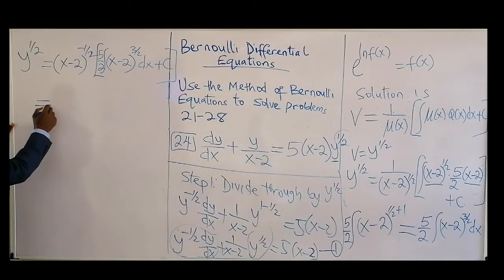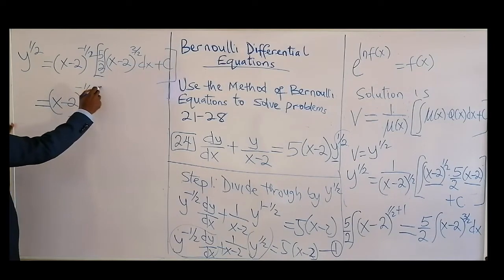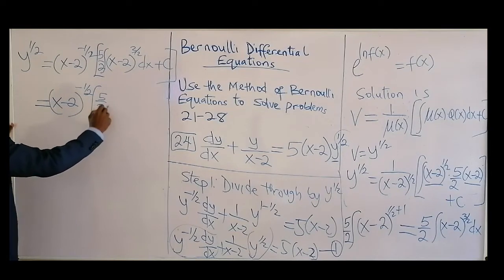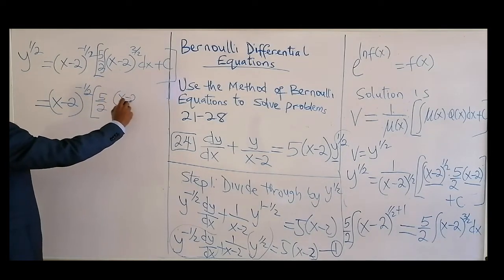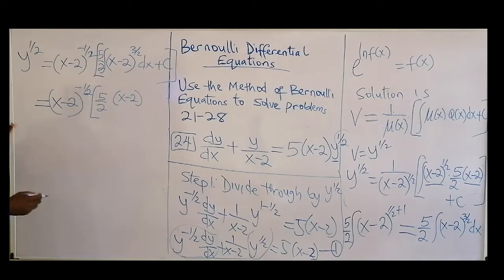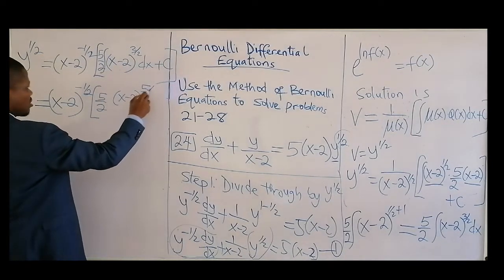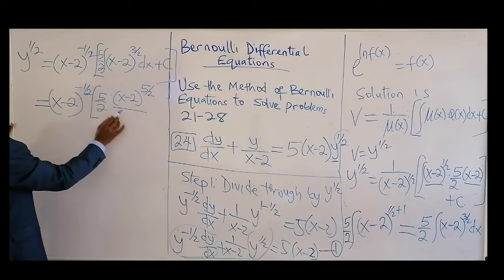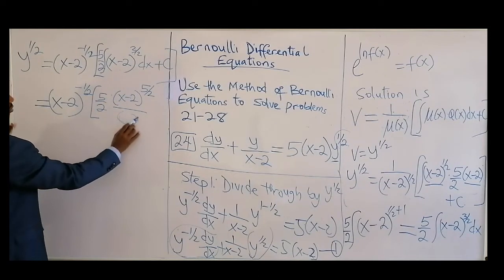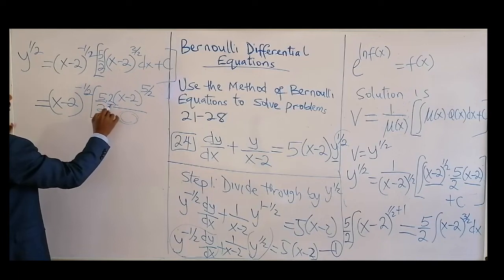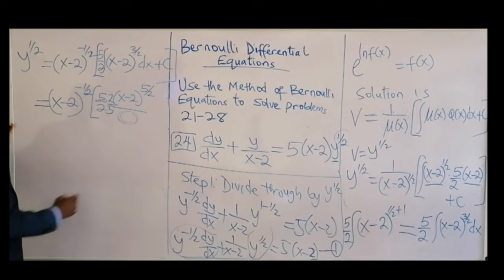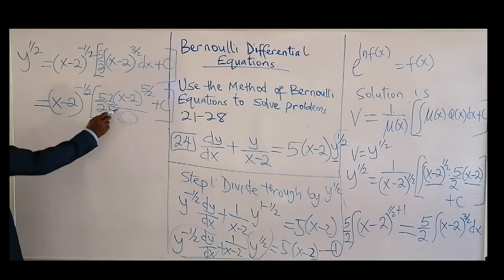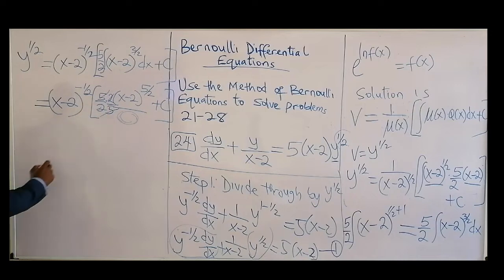So that now becomes (x minus 2) to the power minus half. Open your brackets, 5 over 2. If you integrate this, that will be (x minus 2) to the power plus 1, that's 5 over 2, all over 5 over 2. Don't forget there's a fraction here, so this 5 over 2, we flip upside down, times 2 over 5. Then plus c. So this will cancel, this 2 also will cancel, so we now have